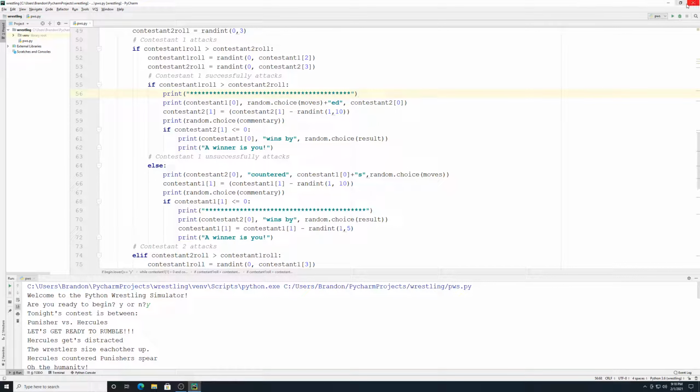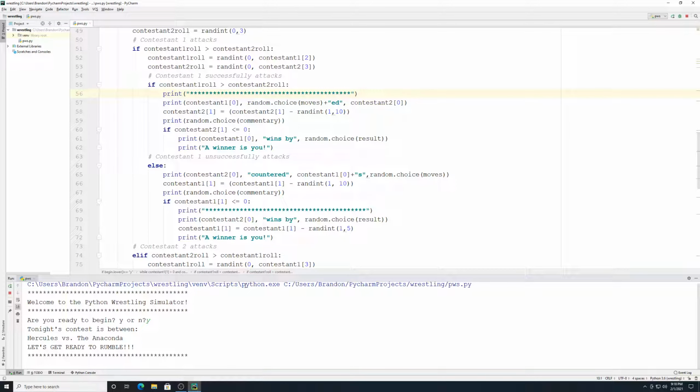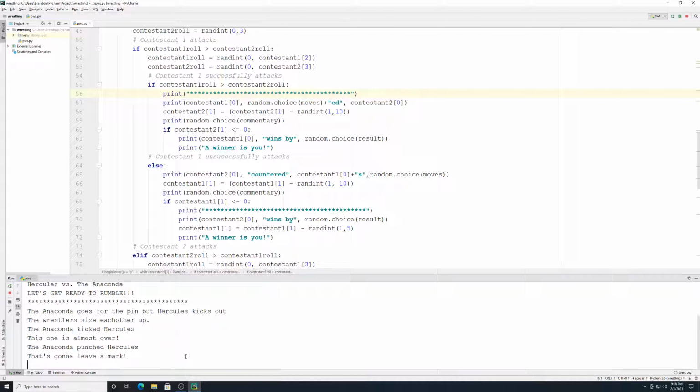Alright, so let's see how this looks when we run the program. So now it looks a little bit nicer here. Are you ready to begin while you're in? Yes. Tonight's contest is between Hercules and the Anaconda. Let's get ready to rumble. And so now it kind of goes through and it